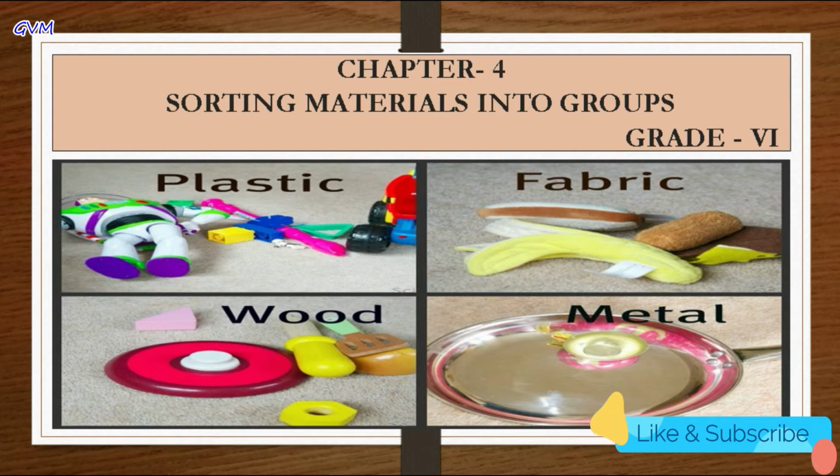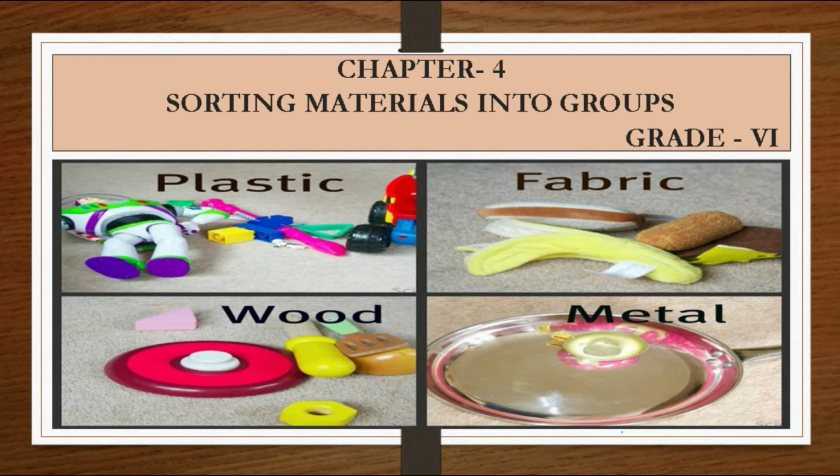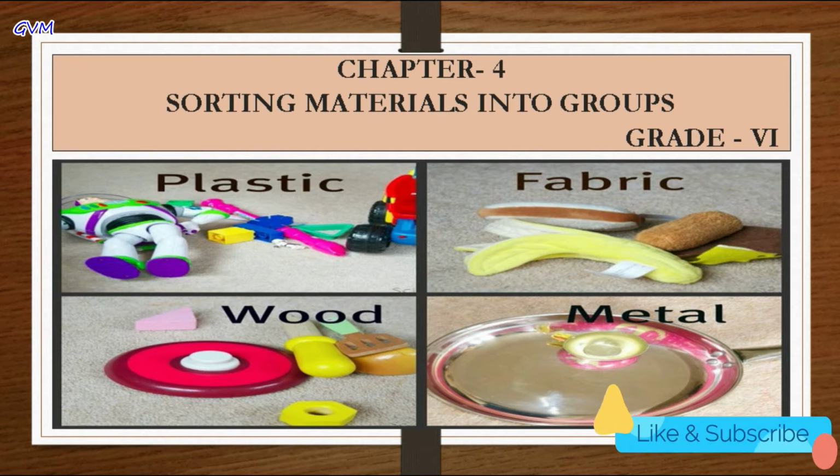And students, this chapter would help you to make proper use of materials based on the intended use of the object. And thus ultimately in this chapter we will learn and discuss the various properties, that is appearance, hardness, soluble and insoluble property. And moreover, we will also learn about the transparency of materials, and we will gain knowledge about transparent, opaque and translucent materials.